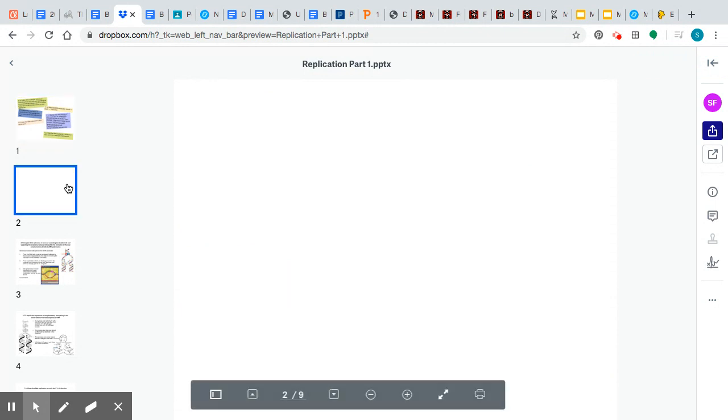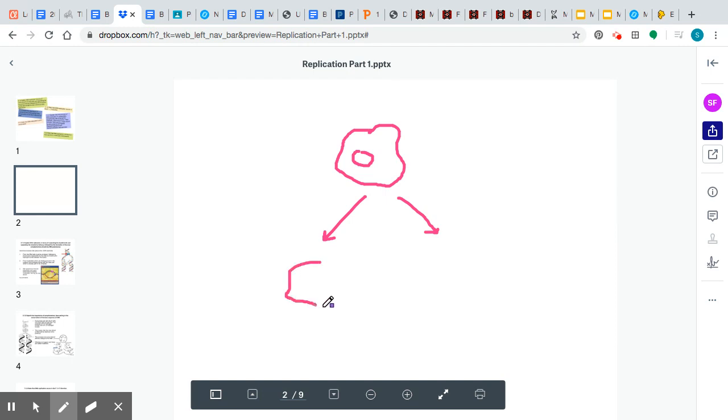But before we do that, let's talk about why we need to copy our DNA. It really comes down to part of the cell theory. Like every cell, this is a cell and this is the nucleus. Every cell comes from pre-existing cells. So in your body, through the process of mitosis, you end up with two genetically identical, and that's the important two words, genetically identical